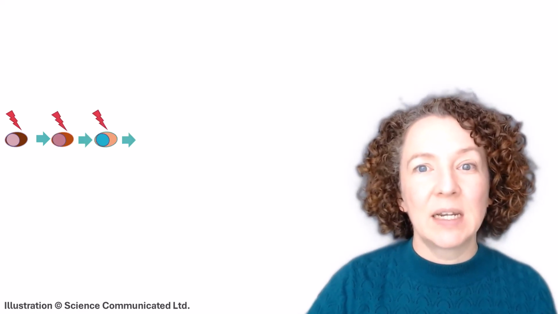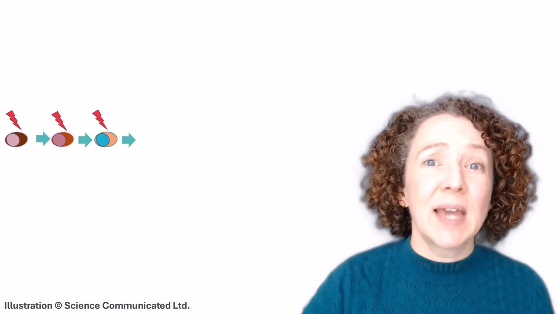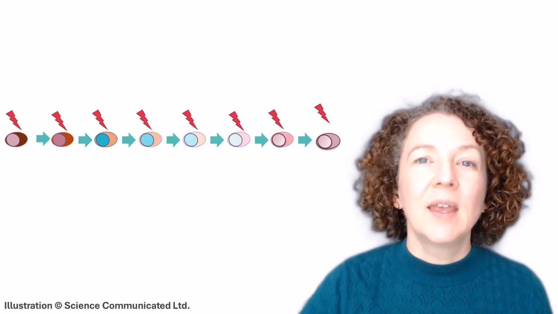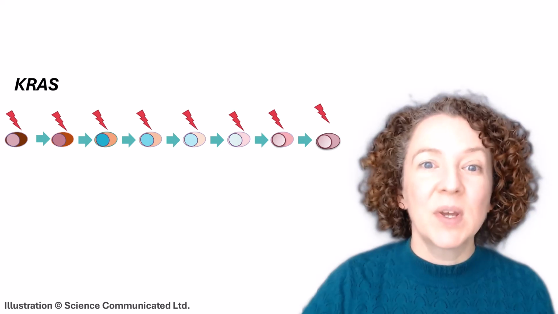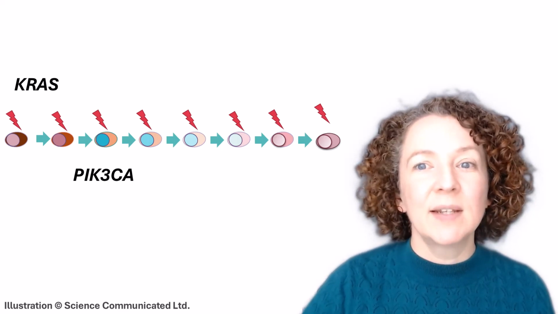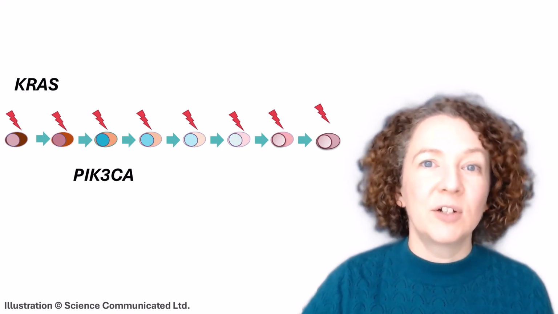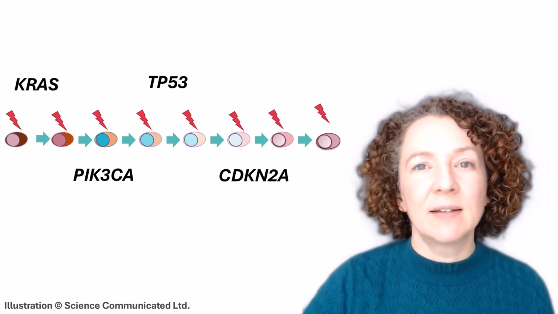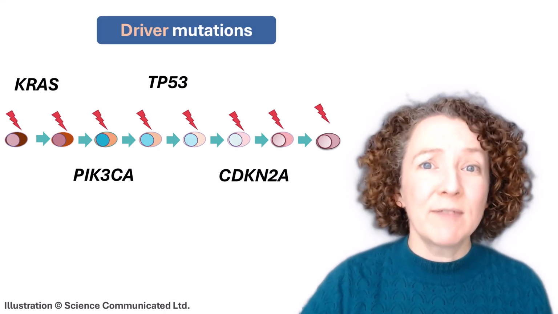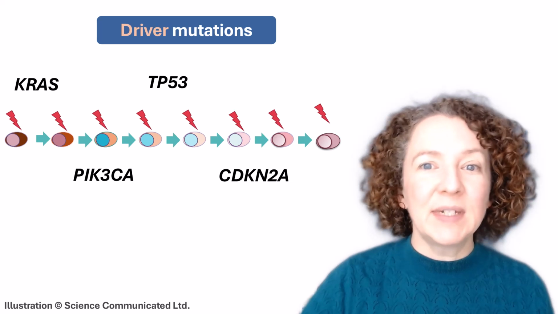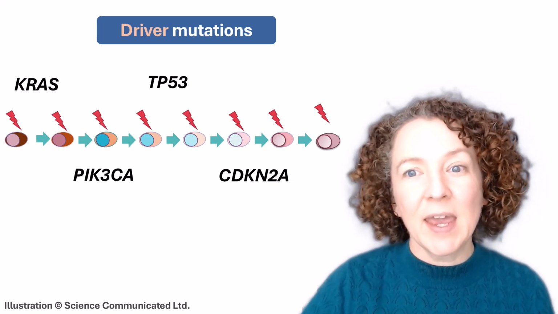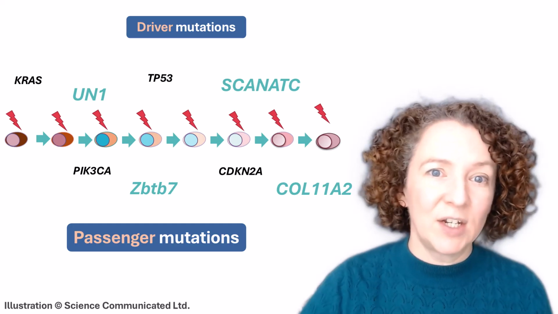Most likely, that initial cancer cell came into being because an ordinary healthy cell gradually picked up mutations in its DNA, and some of those mutations affected oncogenes and tumor suppressor genes. As those mutations built up, the cell lost its normal restraints and it began to multiply uncontrollably. The mutations that powerfully drive a cancer's behavior are called driver mutations. Other mutations that accumulate along the way but don't impact the cell's behavior are called passenger mutations.